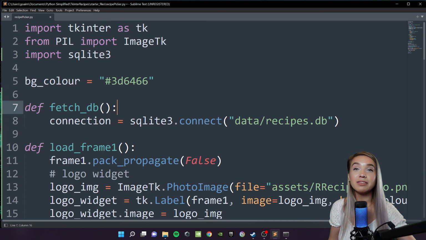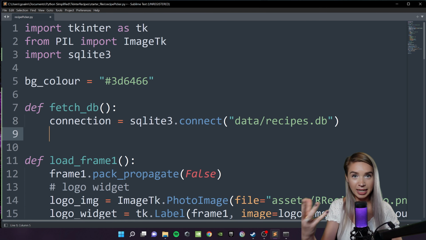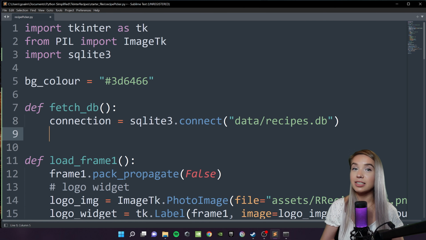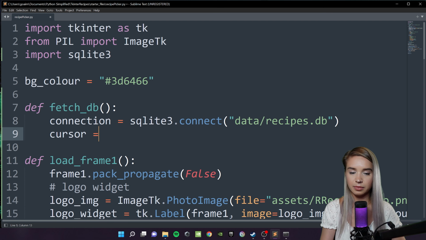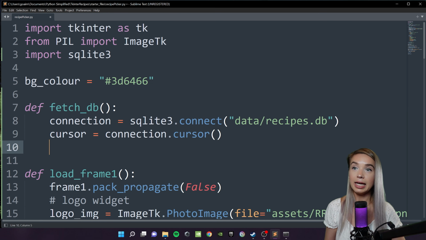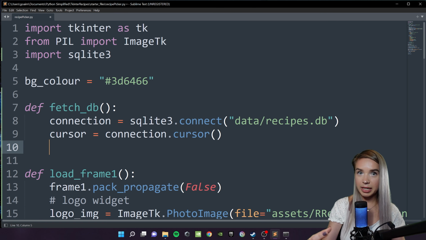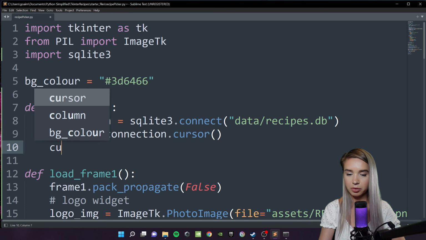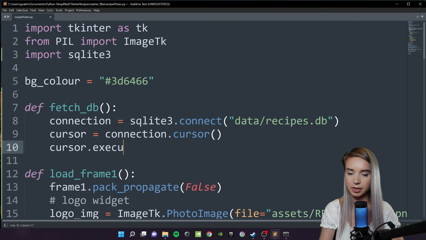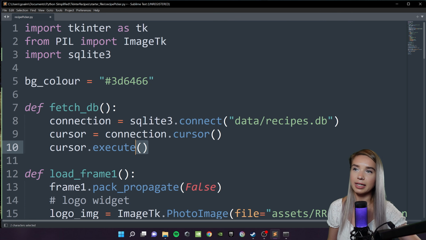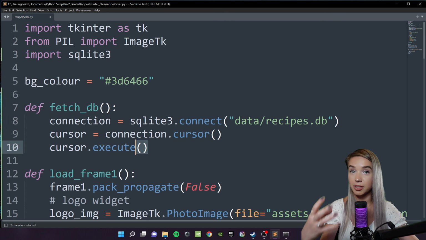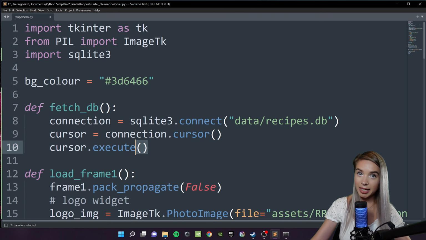Now, once we have established a connection with our database, we will then need to create something called a cursor object. So we'll do this with cursor equals connection.cursor. Beautiful. And now we can call SQL commands on this cursor. So we will type cursor.execute, and inside those round brackets, we can then pass commands in SQL,